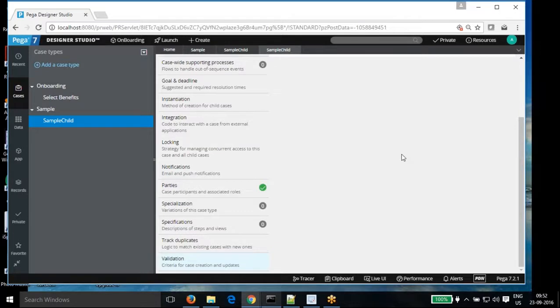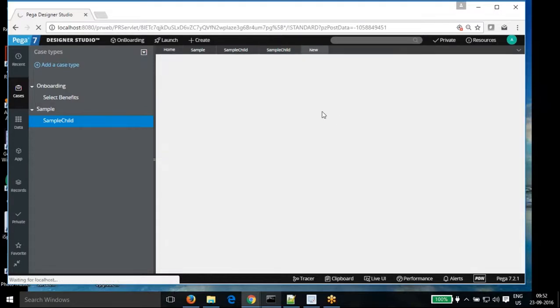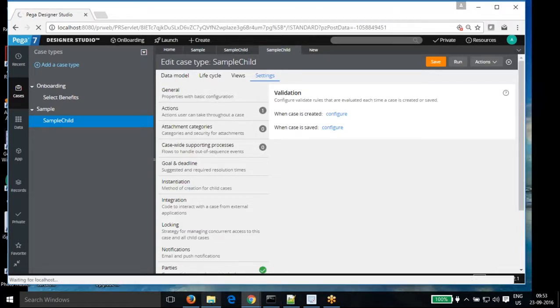Okay. So if you click onto that, you can see there are two options: when the case is created and when a case is saved. So in that, the name is called on add, and this one is called validate. So in this, the name will come as validate, and it is going to create an on add validate rule, and here it will create a validate rule. So that's all about the different processes in it.